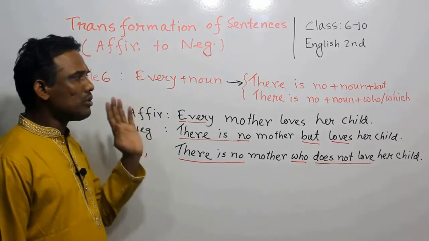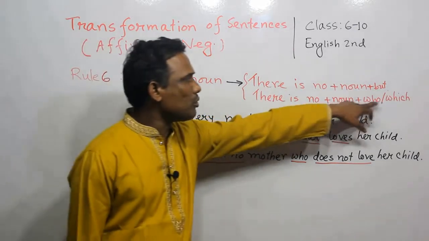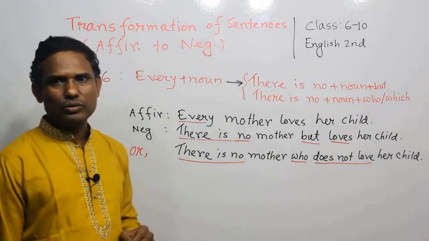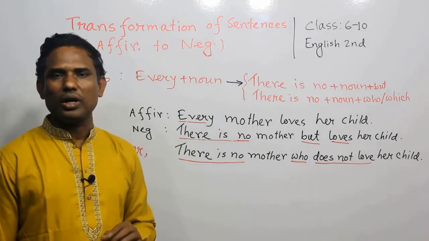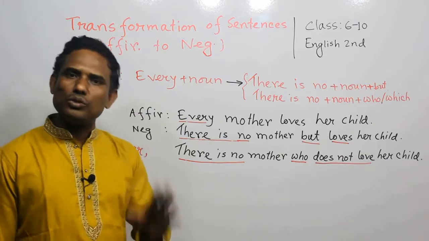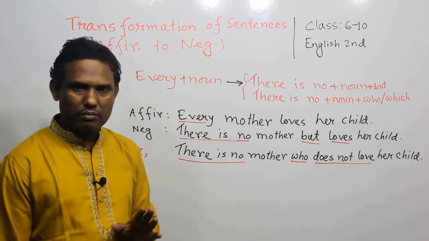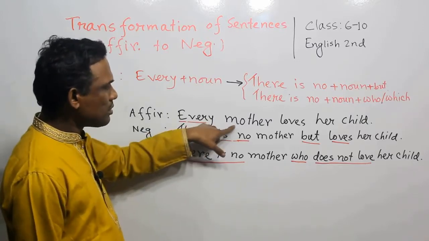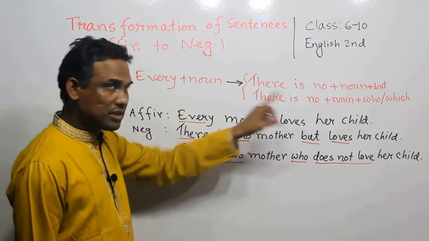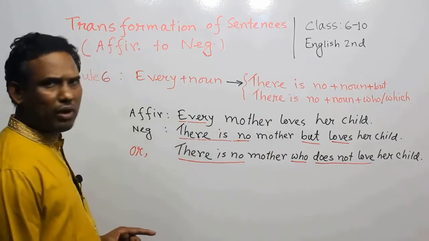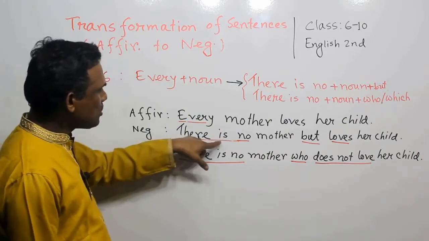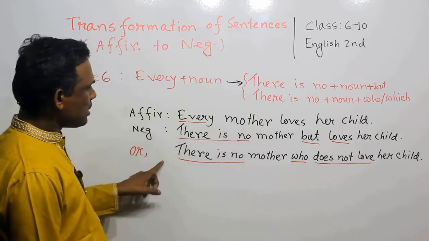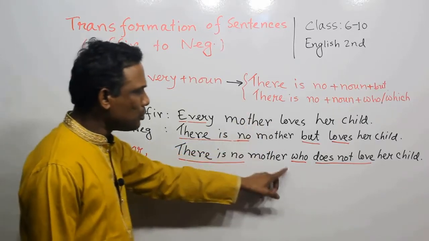You can also use the conjunction who or which. In that case, you should remember who is used to refer to a person, which is used to refer to a thing. Okay, for example, every mother loves her child. Its negative form is there is no mother but loves her child, or there is no mother who does not